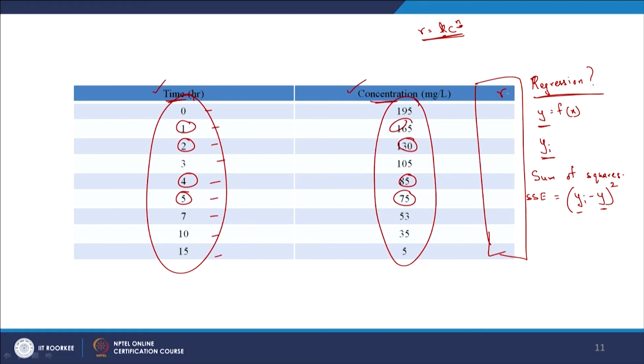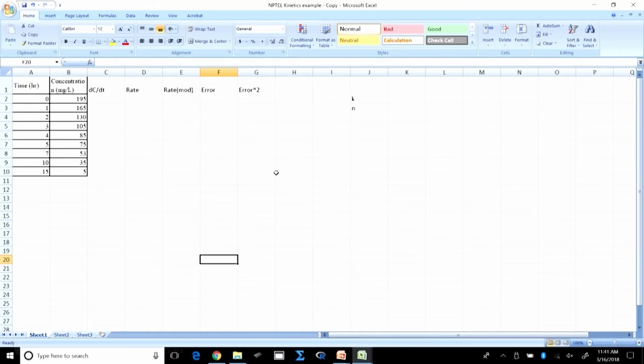So how am I able to calculate that? As we just looked at in the previous slide, it is going to be equal to minus dC by dt, right. So let us switch over to Excel and get this done. Okay, so here I guess I set some stuff up. So now I am going to have to calculate the rate. So it is going to be equal to